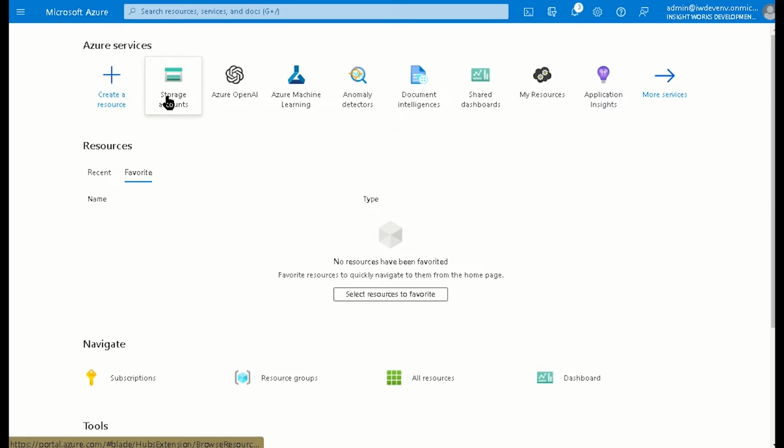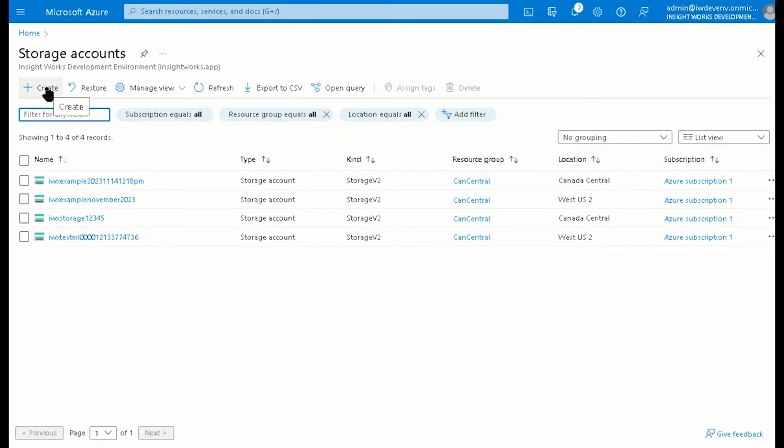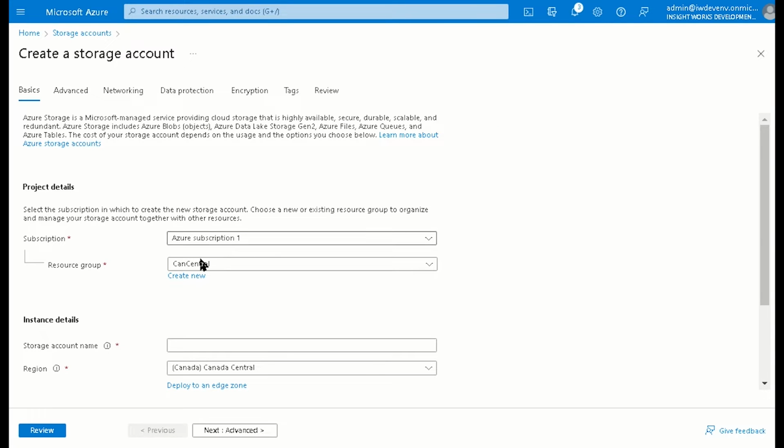And inside of here, we're going to go to Storage Accounts. Now we're going to create a new storage account. And inside of it, I'll just give it a name. Now, if you're following along, you're not going to be able to use this exact same name. This resource will be deleted when this video is done, but you will be able to create your own. And because these names are global, you should be choosing a name that's unique to your specific install.